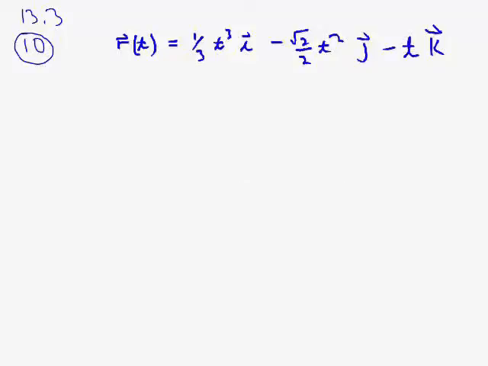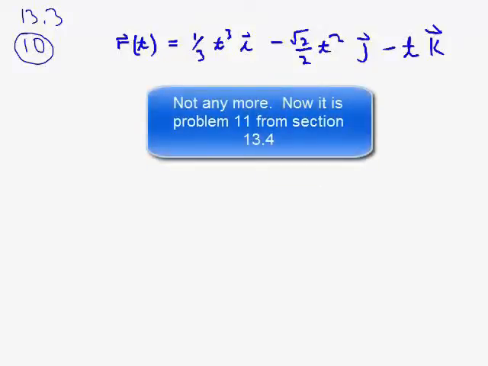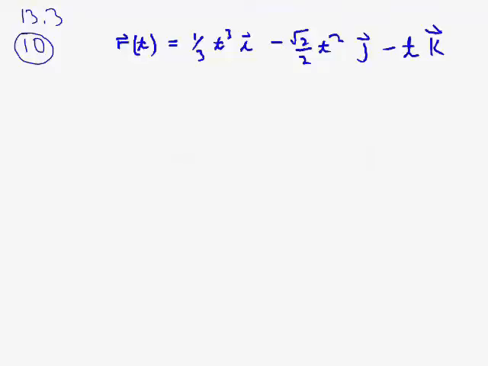Okay, this is number 10 on 13.3. We're asked to find the unit tangent and principal unit normal vector of r of t. So first off, let's start by finding r prime. So r prime of t